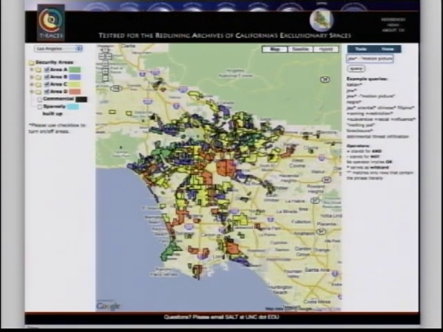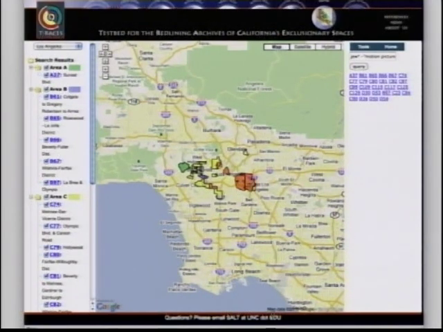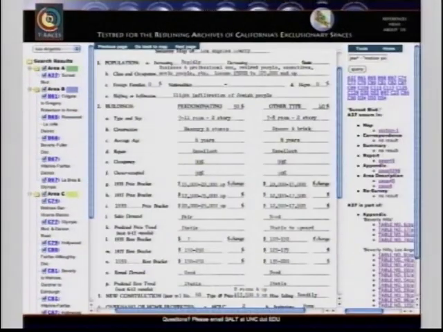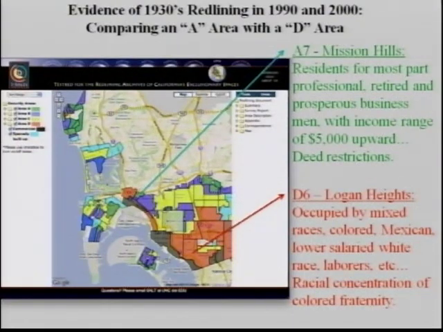This is a particular query where I'm saying, take the full map of Los Angeles, show me all the neighborhoods where Jews are mentioned, but not Jews related to the motion picture industry. And the map comes back with a subset, and then you could further explore that and jump around, etc. So I'm going to stop, and that's one of the areas. So you see where the word Jew was picked up. Under shifting or infiltration, you have slight infiltration of Jewish people and all kinds of other considerations. So I'm going to show you one more slide, and we'll stop here.